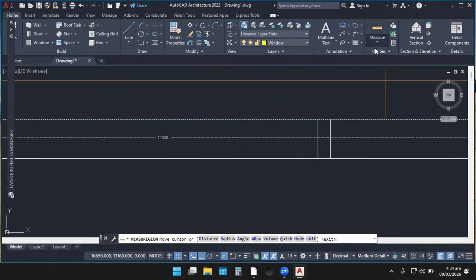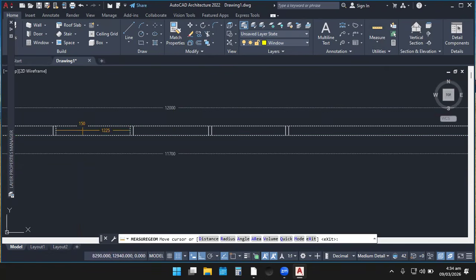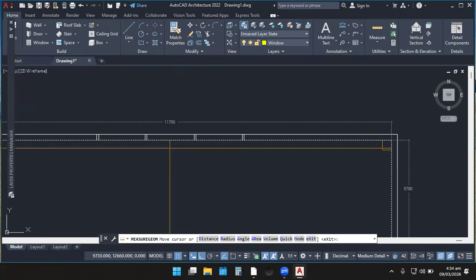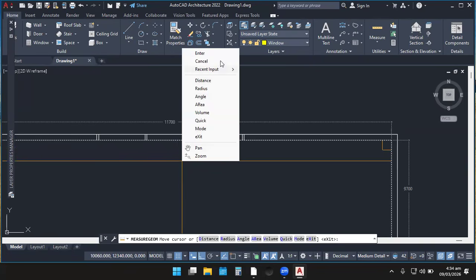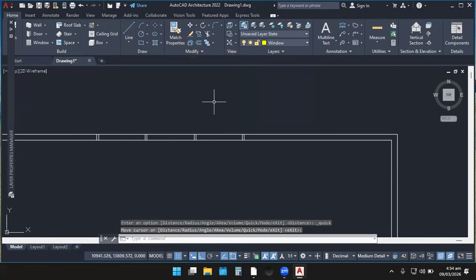Okay, so this is the tape measure over here. So you see, this is, let's say, 1,225. This is 1,250. And then this is okay. So this is quite okay. Let's maintain this window size. Since we don't have any standard drawing we are working from, we are only assuming. Let's maintain this window size.